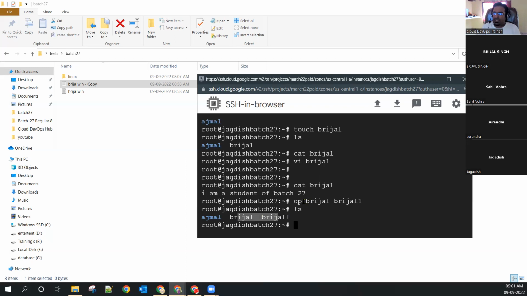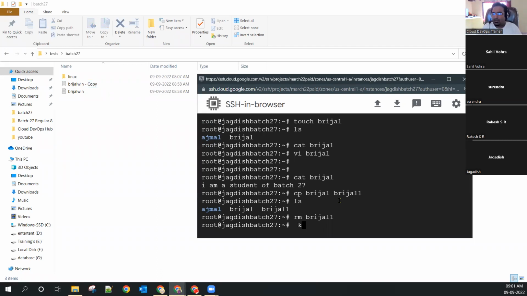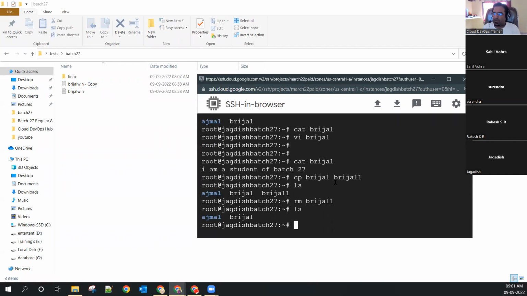I copied the file with the cp command. Now I want to remove a file. In Windows, if I want to delete this file, I can go here and click on delete. In Linux, we have to use the keyword rm. rm means remove. Which file do you want to remove? Bridgel1. I want to remove Bridgel1. I'm pressing enter and typing ls again, and you can see this file has been deleted. Right? Yes, cool. A small operation: cp, rm for remove, ls for checking the directory again.